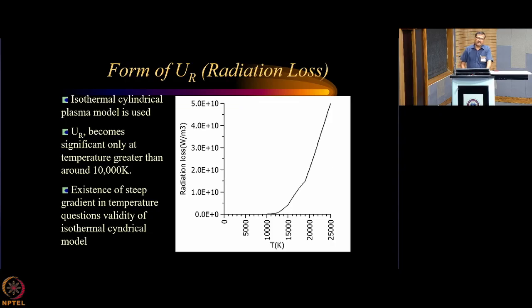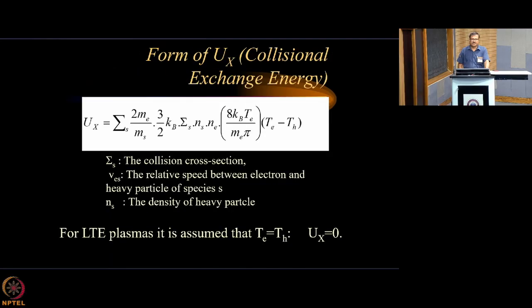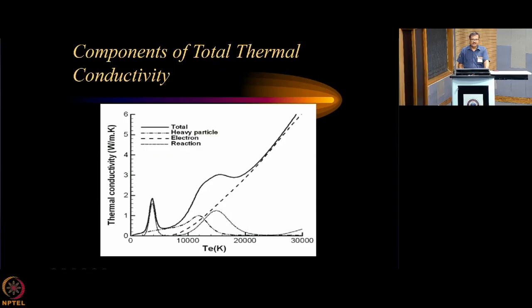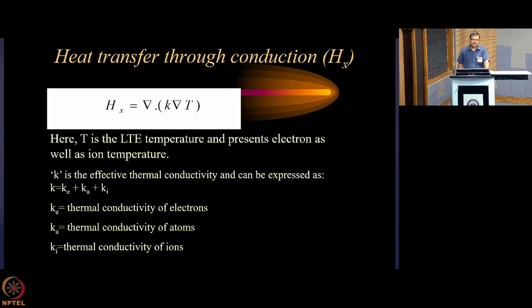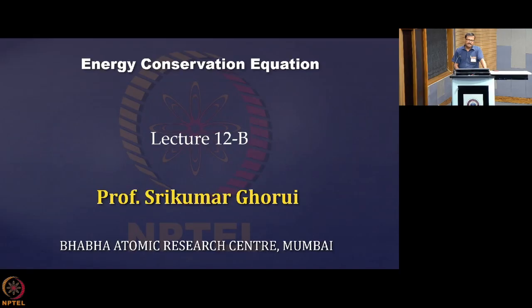In our previous class, we dealt with the radiation laws, then the volumetric collision frequency, then the collisional exchange term, then the J dot grad T energy transport mechanism, then thermal conductivity, so heat transfer by conduction. And while doing so, we finally reached one energy equation that I will come to. But before that, I think I missed one thing while describing the generalized Ohm's law. I'll just tell that thing.